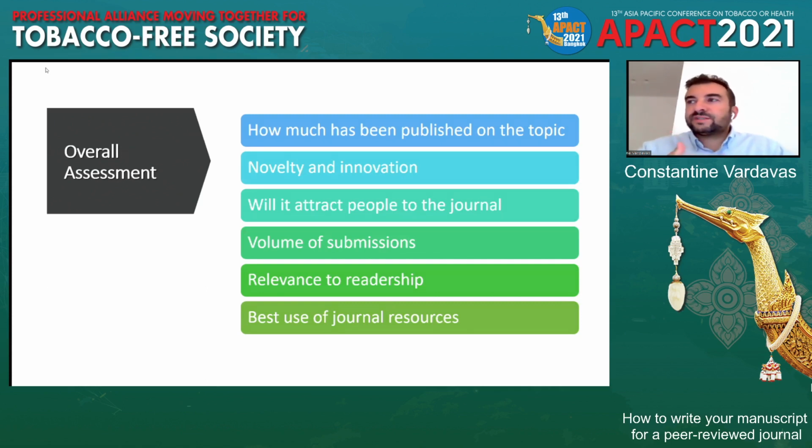there's no rule that says a study that has regional evidence and presents regional information is not of interest to the readers. There's always people in tobacco control that are going to need to read the study, even baseline studies and very background studies that may be very important at the regional level and could not be published in very high impact factor journals, even though TID has a 2.6 impact factor. TID welcomes such submissions because it's important to have grassroots baseline tobacco control that may be very important at a regional level.